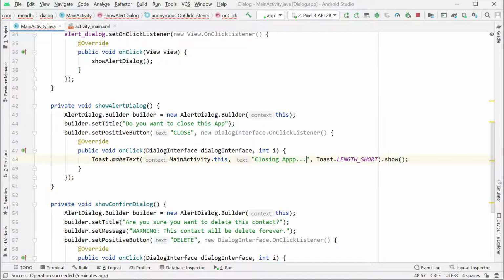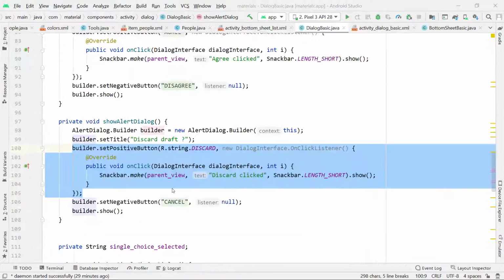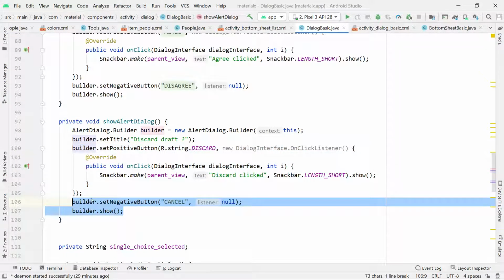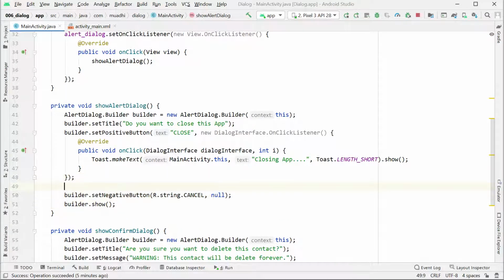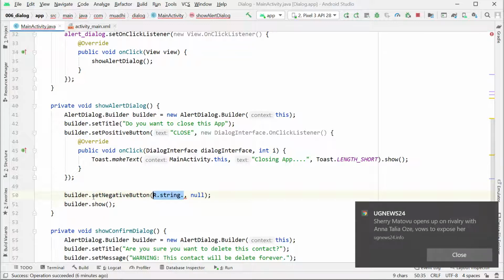There I can call any method that you want to do when the user is closing. Then the next, the cancel, I pass null. So that's just a simple alert. A simple alert will not need too much explanation. I pass null, and then I pass the